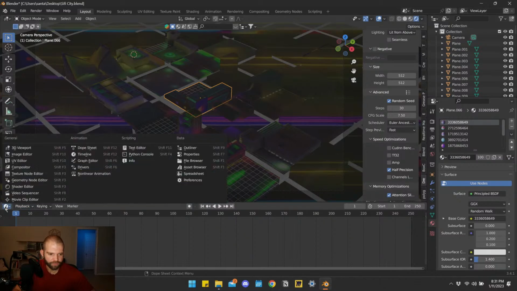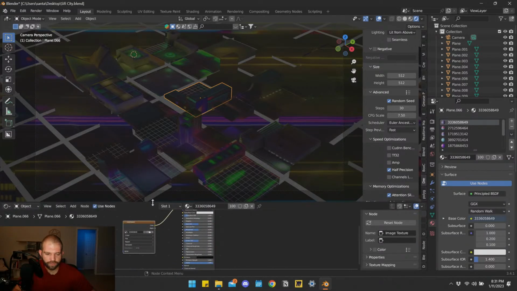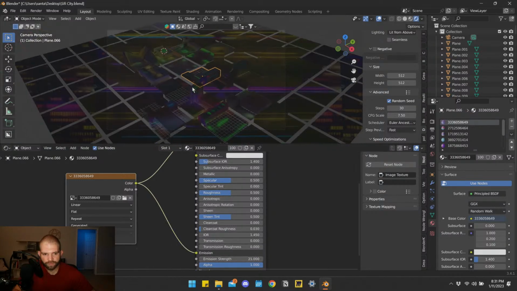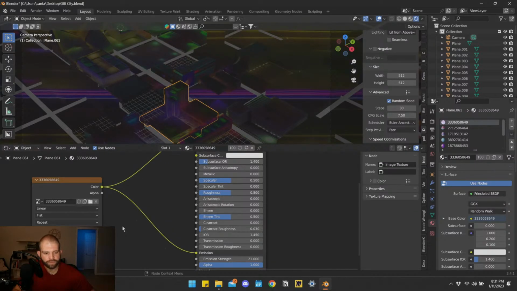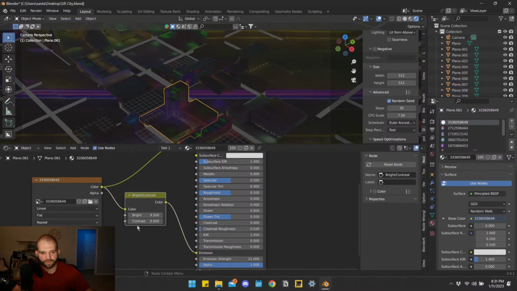If I want each one to be self-lit, I'd have to go into the shader editor for each one, and just plug the image that's being used for the texture into emission and bump up the strength for it. Possibly even add a brightness contrast pass. So if I add that in,